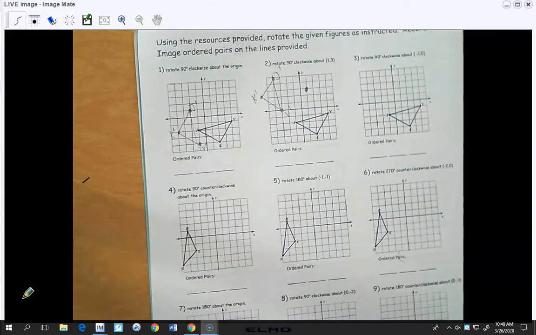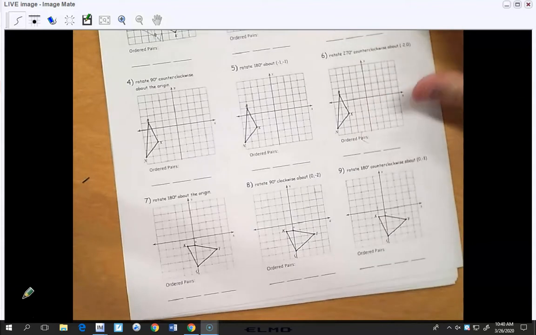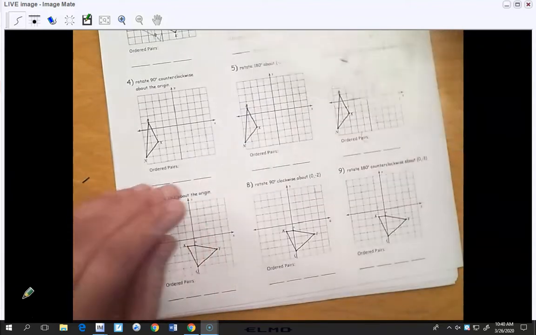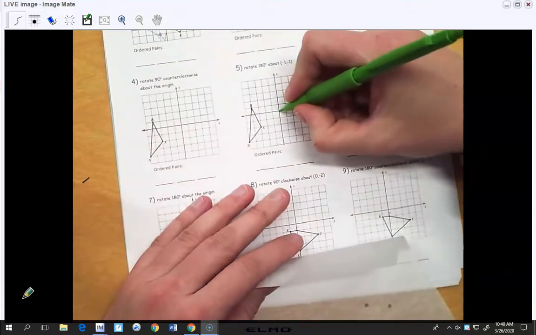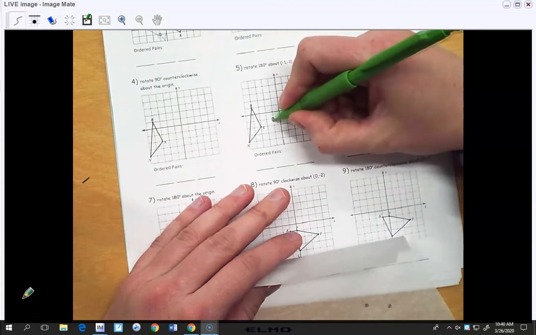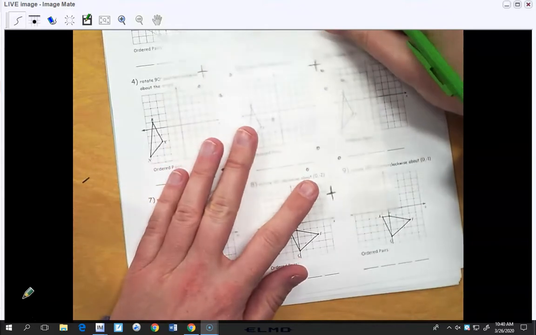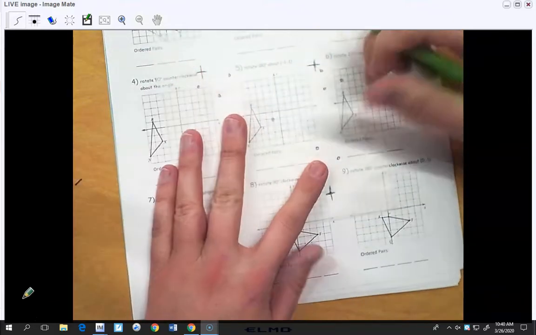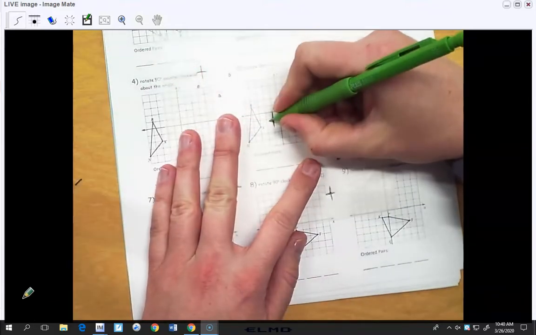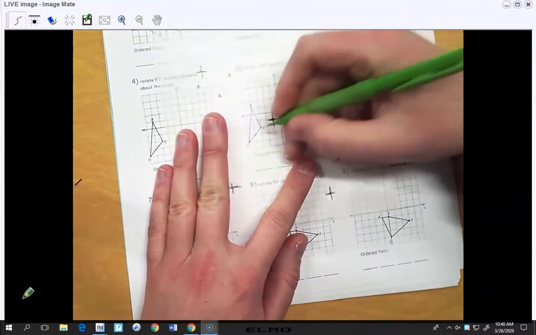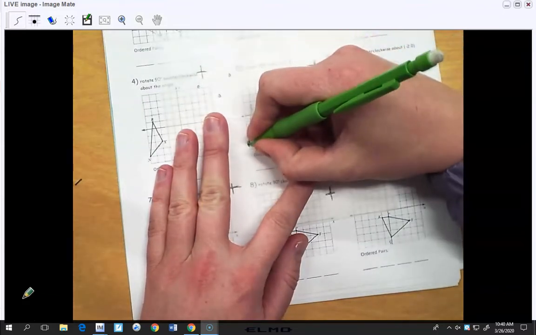Okay, let me do one more. Number 5, rotate 180 degrees about -1, -1. So I start by marking -1, -1. That's my point of rotation. So then, when I put my patty paper on, I'm going to put a T at my point of rotation. I'm going to mark my points,